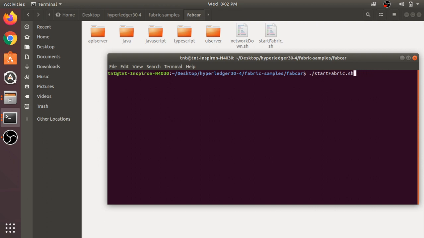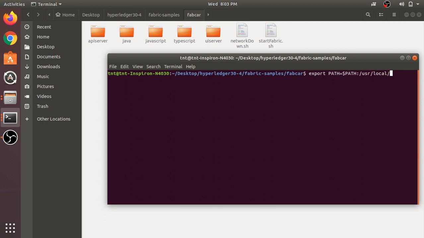In some cases, if you didn't create the path of the Go language permanently inside the profile, you have to set the path. If you created the Go language path as a temporary path, then you have to set it like export PATH=$PATH:/usr/local.